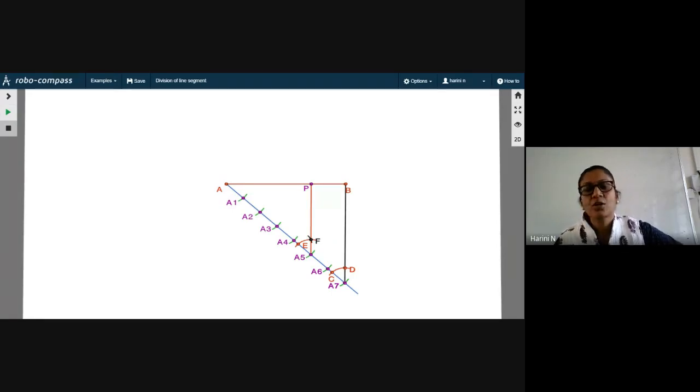All right. So you have now divided the line segment AB in the ratio AP by PB, which is equal to 5:2. Can you see? There are 5 parts, 1, 2, 3, 4, 5, which is there between A and P. And between P and B, you have 2 parts, 1 and 2. All right, is the construction clear?